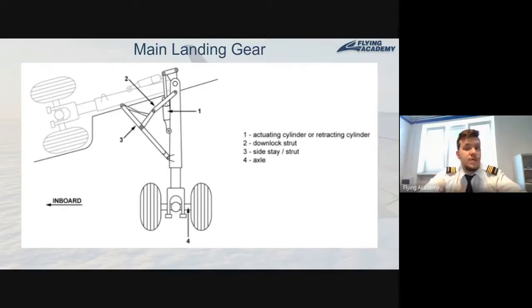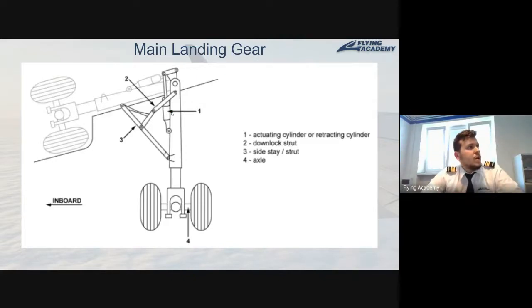But this is not actually all the options which are theoretically possible on an airplane, especially on a light airplane with a retractable system. Of course, it can also be a hydraulic system. It can also be an electrical retraction system, and in some cases it can even be a pneumatic system for retraction and extension of the landing gears. But we need to have at least something which will create this force for extension and retraction. So yeah, okay. We have something which will move the landing gears into the down and up position, or extend and retract position, as you wish.